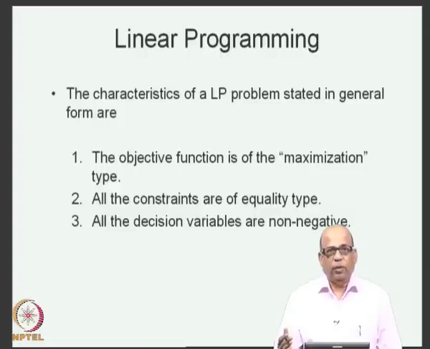If you have any optimization problem, then we should be able to express that optimization problem so that it satisfies these three conditions, which means that you may have a minimization objective function, you must be able to express it as a maximization problem, and you may have certain constraints or most of the constraints as inequality type. Some of them may be less than or equal to, some of them may be greater than or equal to, and some others may be equality type, which we should be able to express all these constraints as equality type. Then we must also be able to express all the variables as non-negative. Let us see how we do this.